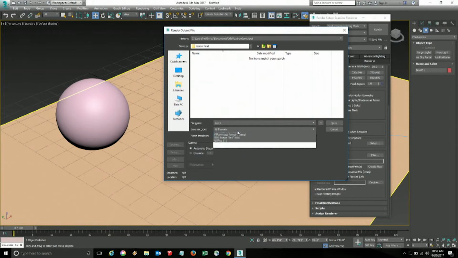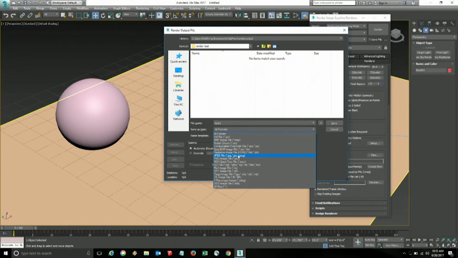So some of the people, they just go with the JPEG because it's very light, but bearing in mind that this has had a lot of color compression as well as quality compression. So if you want to do post-production on top of the image, it's preferred if you select TIFF, Targa (TGA), or even PNG. Those three are the most